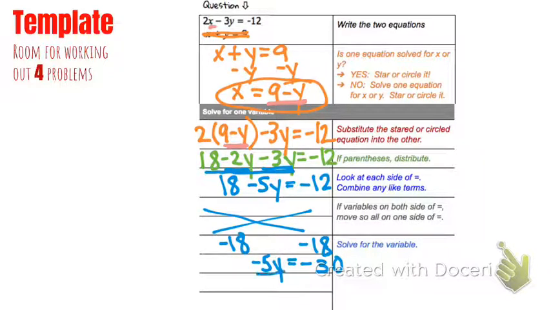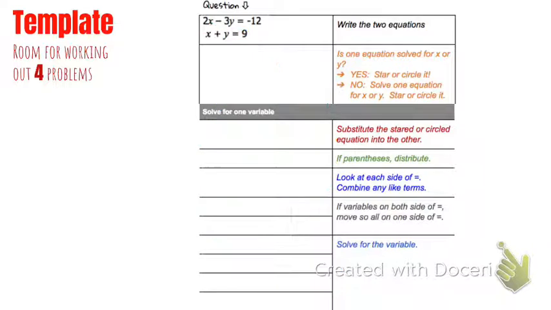And now I'm going to divide by negative 5 to undo multiplying by negative 5. And I end up with y equals 6. So y equals 6, that's one of my answers. Now I just need to figure out what x equals, and I'm going to use this. I know that x is 9 minus y. So if y equals 6 and x is 9 minus y,